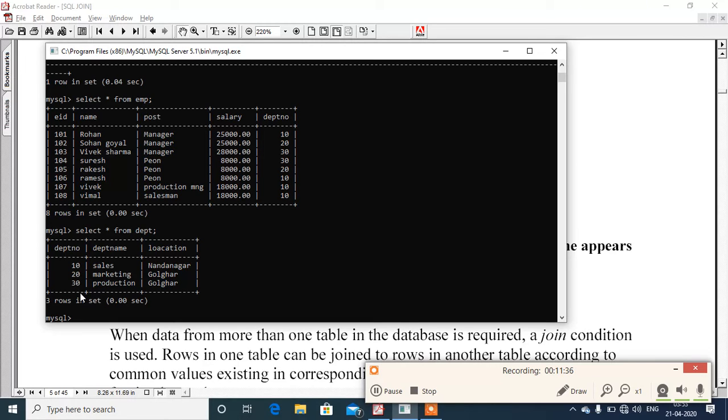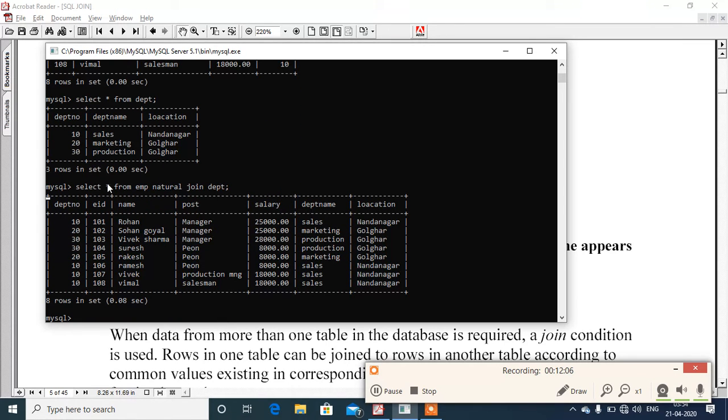Again, after writing the command, I will repeat it. For example, to perform the natural join, we write select asterisk from EMP natural join DEPT. Now I am pressing the enter key.